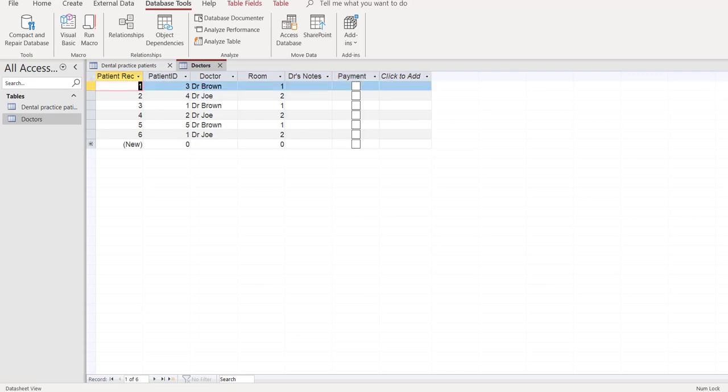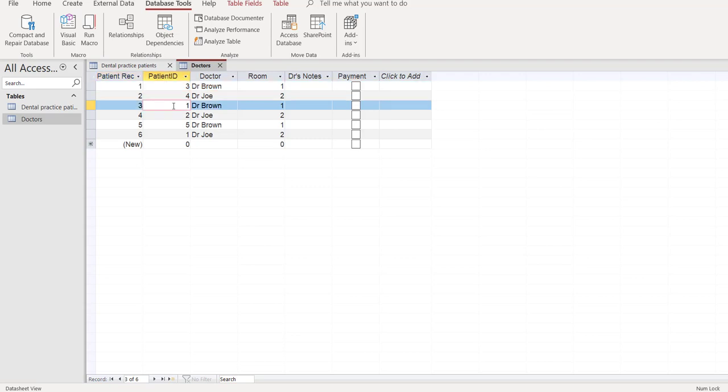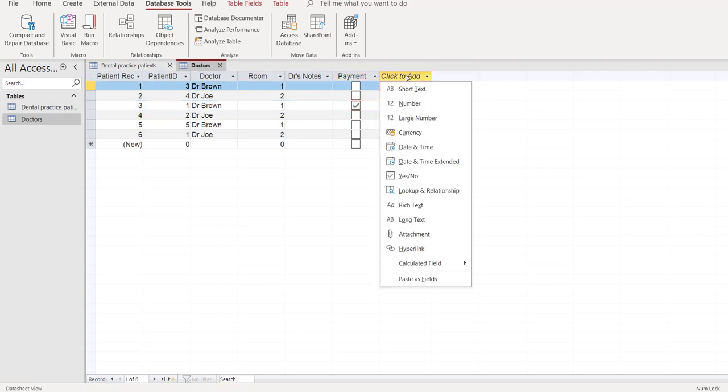So what I've done now is that when I type in the information on my form, I'll type in patient ID, let's say patient ID 1, or the person capturing the data will say patient ID 1, see Dr. Brown, room 1, and they will tick paid, yes or no, or they'll type in yes or no. That'll pull through, and with the two databases linked, I will see that patient 1, and I might have had one field called